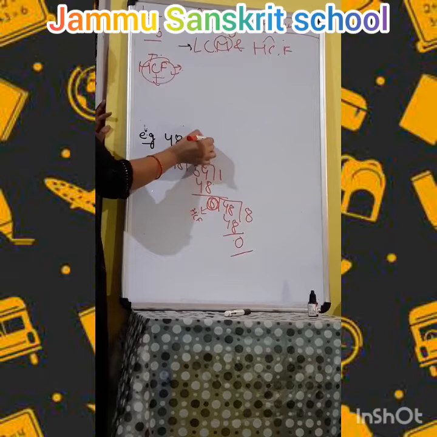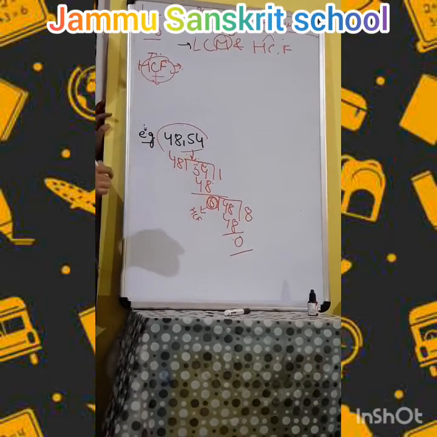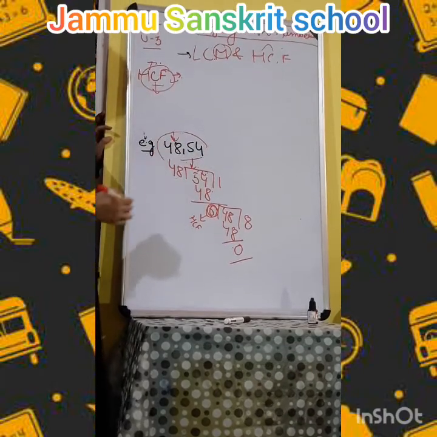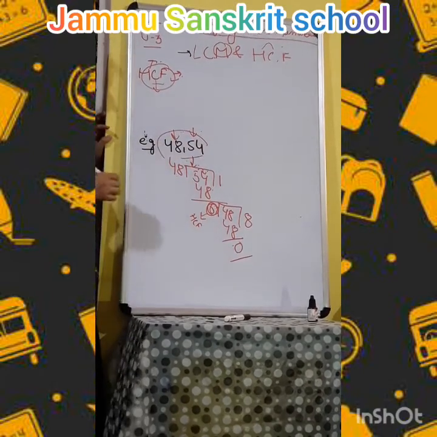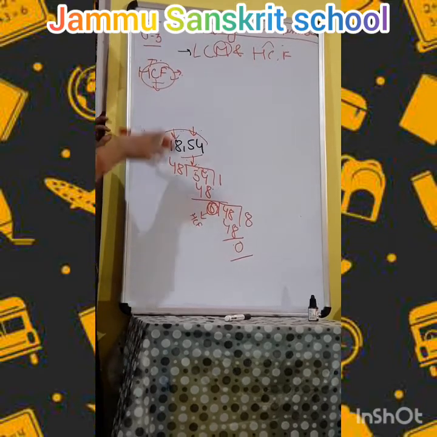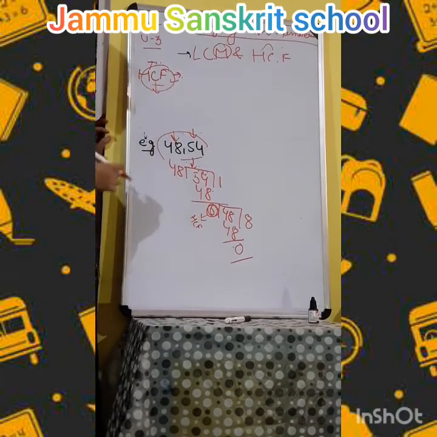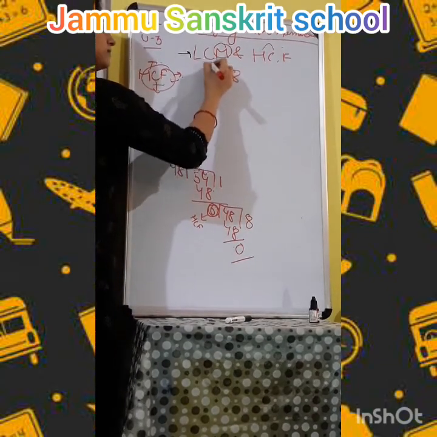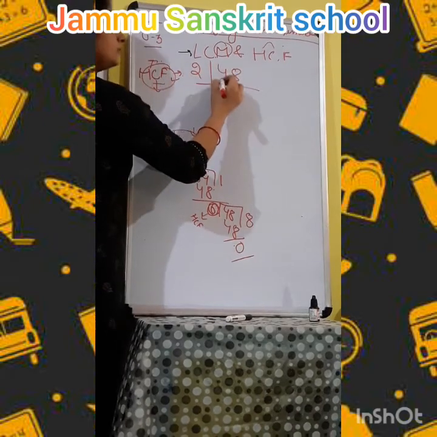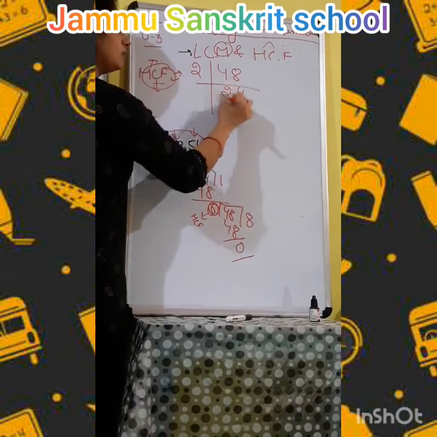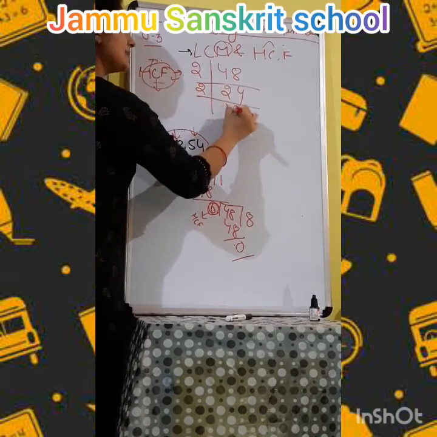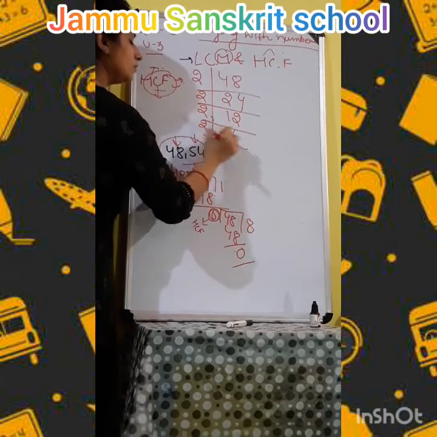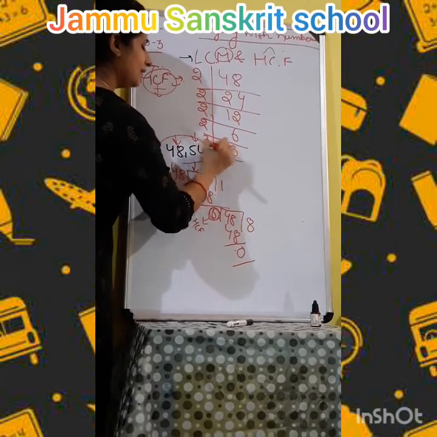One method is finding HCF by the division method. The next method is to find the HCF by using the prime factorization method. Firstly, we'll express the numbers as prime factorizations, then we find the common factors. After finding the common factors, what will we get? HCF. Let's find the factors of 48. 2, 24, 2 12, 2 6, 2 3 and 3 1.